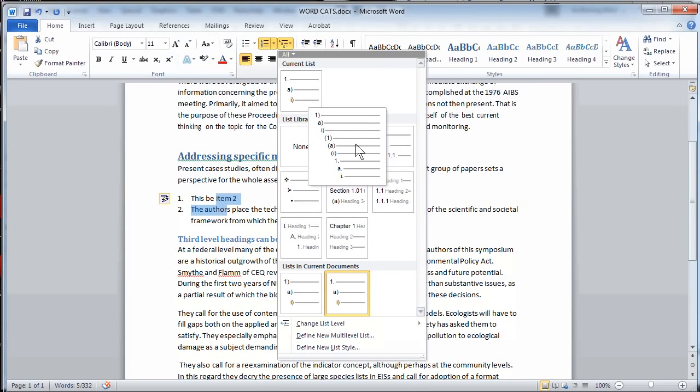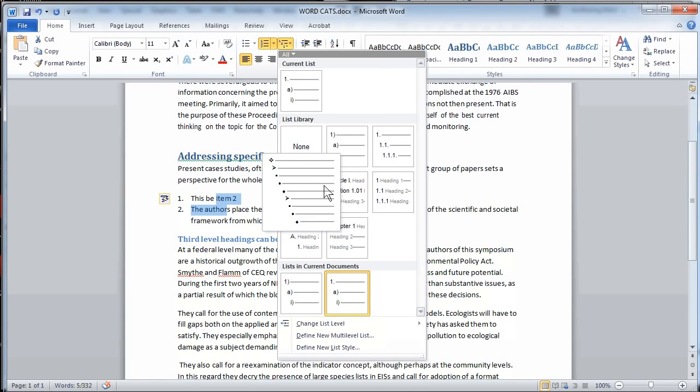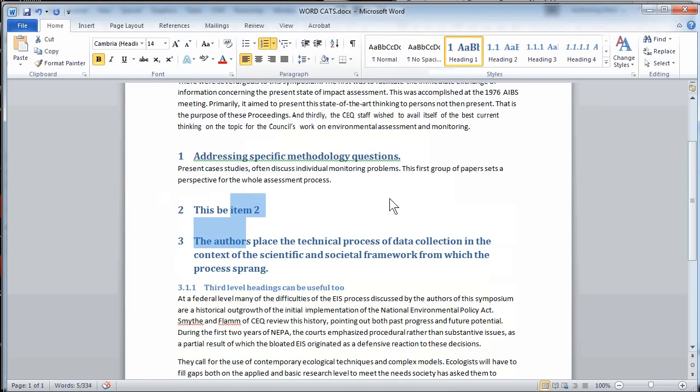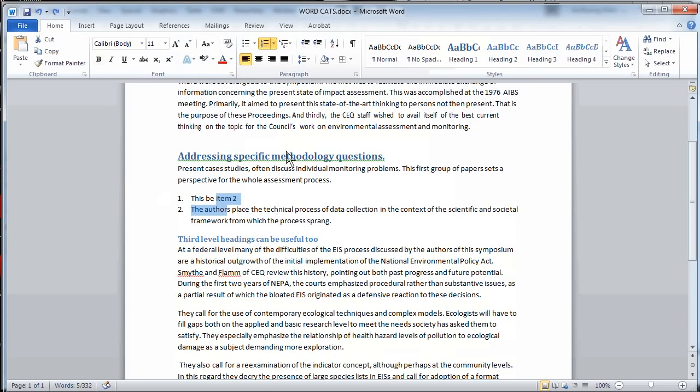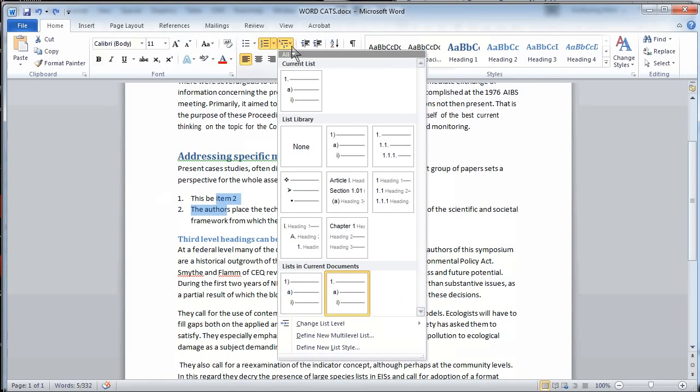is possible to actually come up with a custom style. It's also possible to actually make some errors. For example, if I think this looks really nice, all of these limit of 9 numbers with Arabics following, if I click on this, I've made a mistake in that I've actually also applied a heading style that I don't want. So the way I would need to do this is to actually go ahead and select